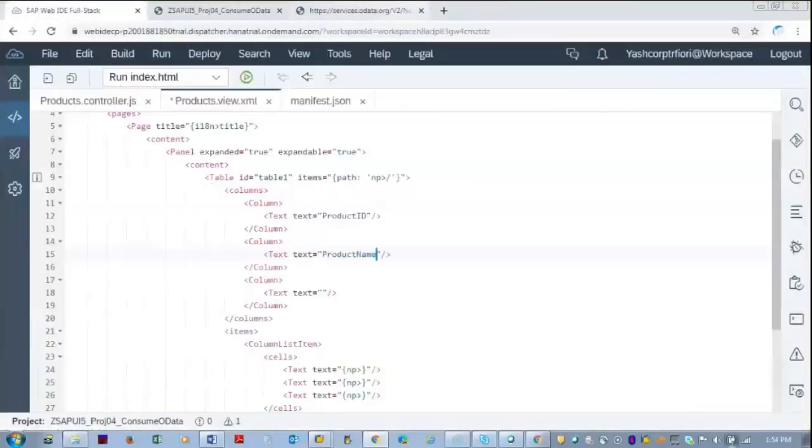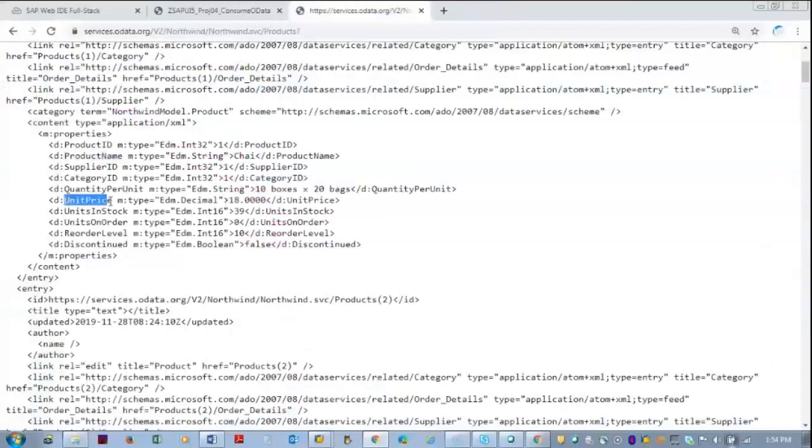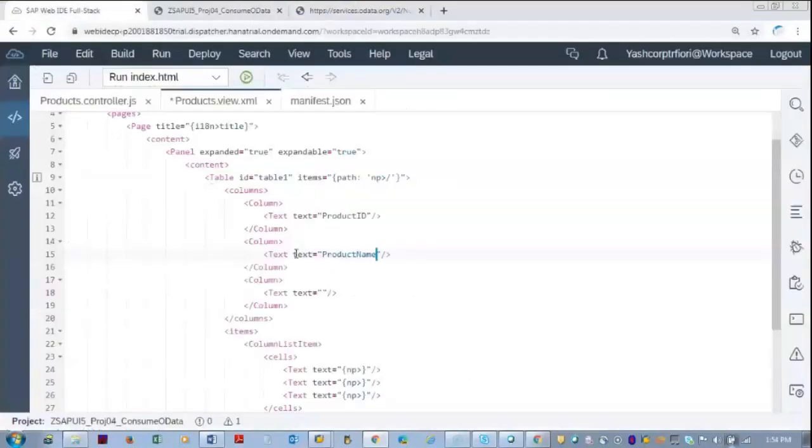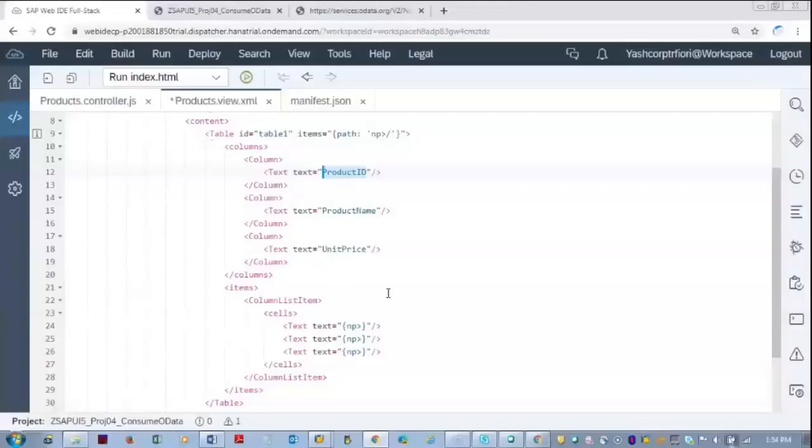Product ID, product name, and it has unit price.